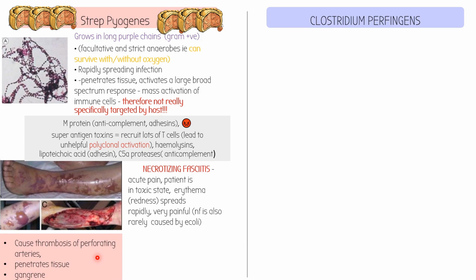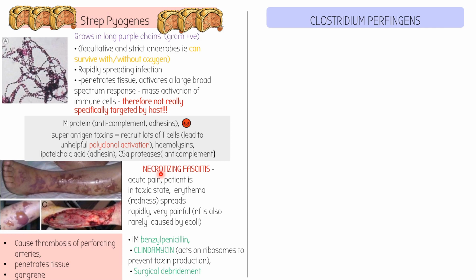The patient will present with acute pain and will be in a toxic state, meaning they'll have a fever and will be full of toxins. This erythema, this redness, spreads rapidly and is also very painful. This necrotizing fasciitis, in rare circumstances, can also be caused by E. coli. We whack it with intramuscular benzylpenicillin, the cousin of the original mold penicillin, and also we can